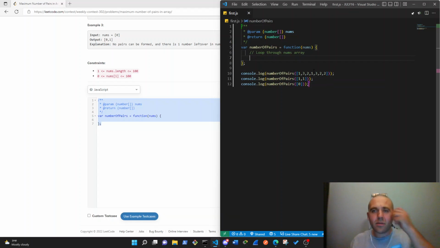Anyone else have any ideas? I'm thinking of how we can go through it without having to use more than one loop. If you want to go through once,